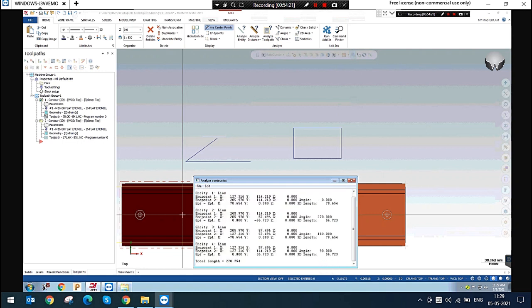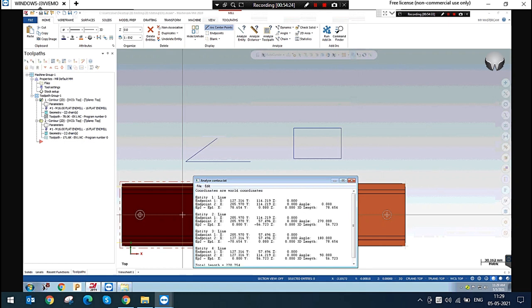If you don't need a program, you need only a coordinate, you can simply use this analyze contour option and take the coordinates. This option is very useful for giving the coordinates to CMM to check the dimensions of some area or some points. You can simply convert from the model and give it to the quality persons in the report also. This is useful for that.